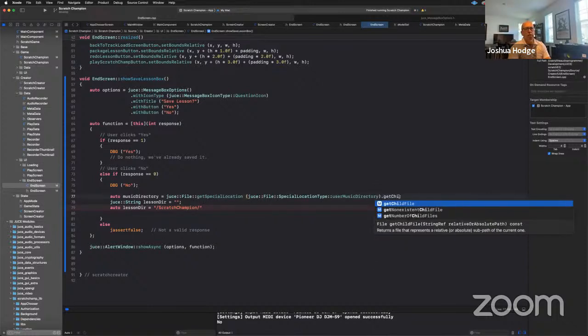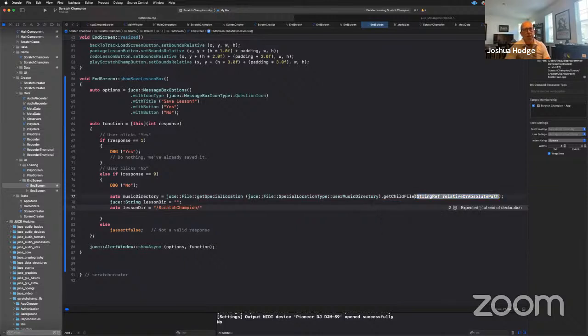Get child. Oh, yes. I didn't even realize I could do that. That's awesome. This will clean things up very nicely. And then what I could do is I could do plus